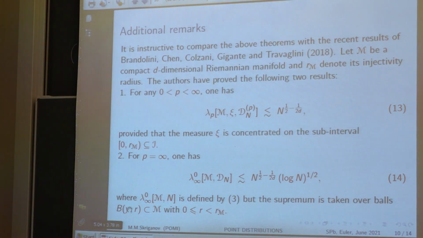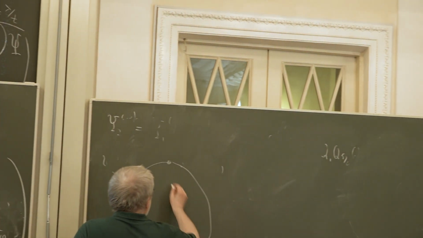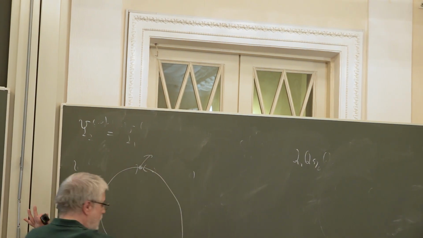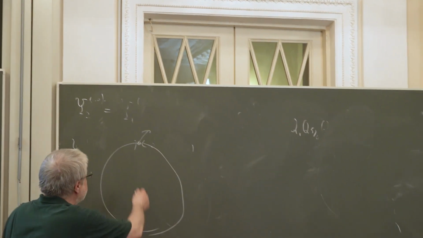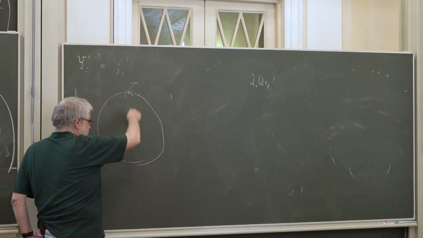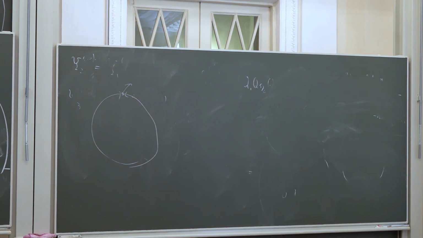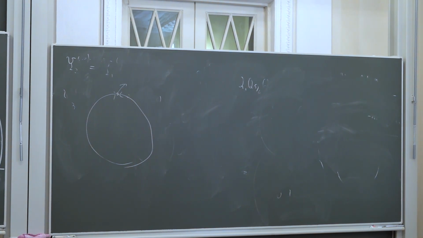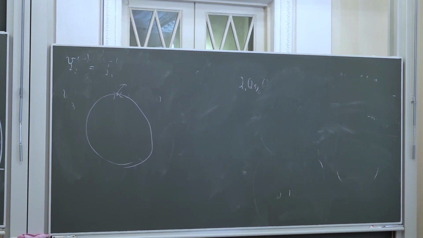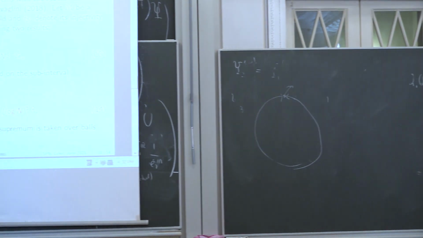We simply take this point out, and then we can consider all this space, this sphere without this point, as a disk in the d-dimensional space. So the radius of injectivity is equal to the diameter,